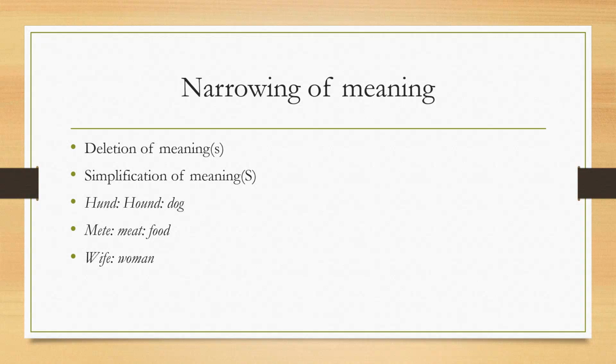Meat suggested any food, be it vegetarian or non-vegetarian. Wife meant woman. But now we know that these words suggest only very specific items. They refer to specific objects. For example, hound is a specific species of dog. Meat is a specific kind of food which is non-vegetarian in nature. Then there is this word wife, which refers to the female spouse of a man. So these words have